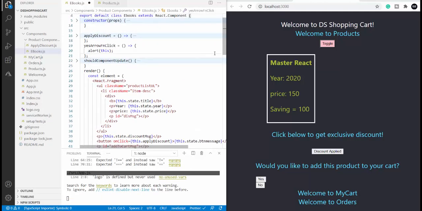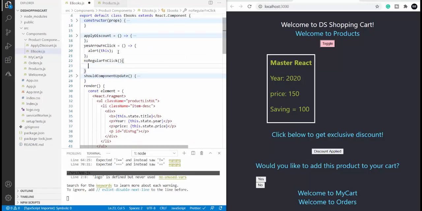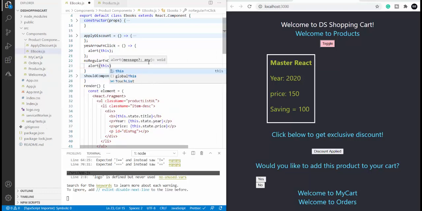So I'm going to define this like a normal regular function. Now, if I provide the same thing, alert of this, let's see what happens.